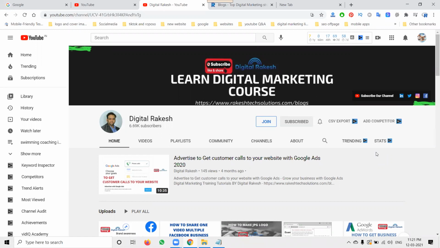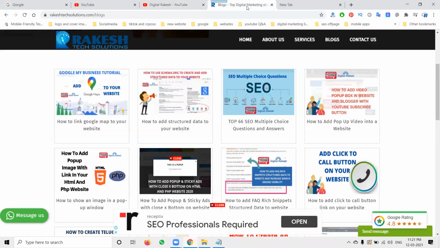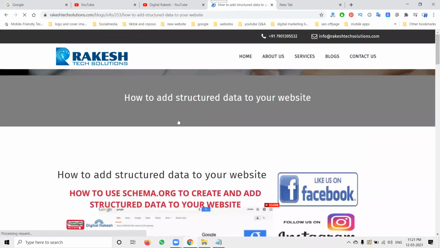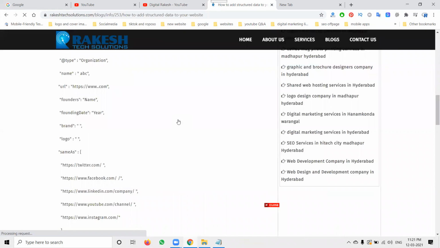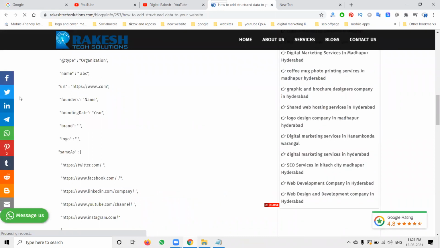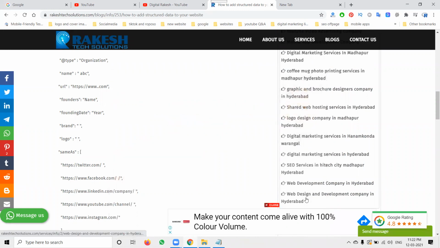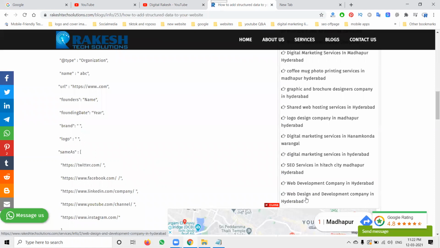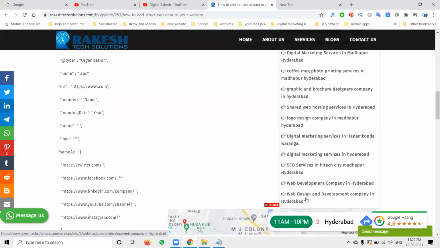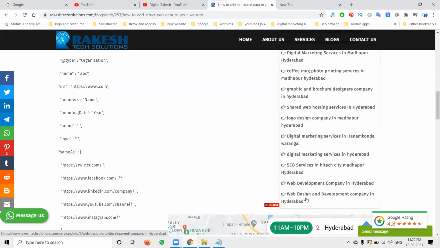So guys, today I'm discussing how you can add the social share button on your website. What do you mean by a social share button? If you're writing a blog or WordPress or any kind of website, when you scroll down, in the right corner or anywhere, we have to add the social share button. That means you can share by WhatsApp, LinkedIn, Telegram. Lot of options are there. This option, how we can add on your website.